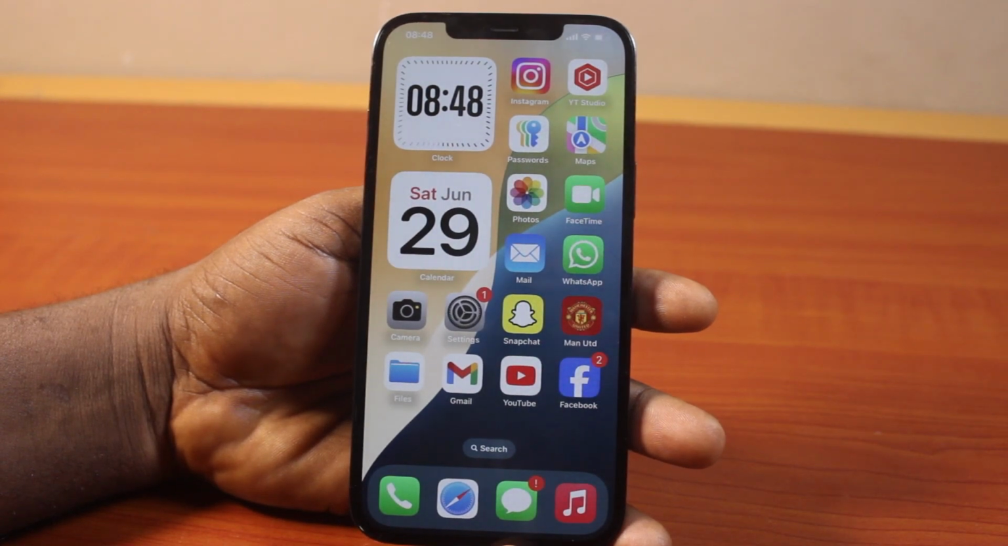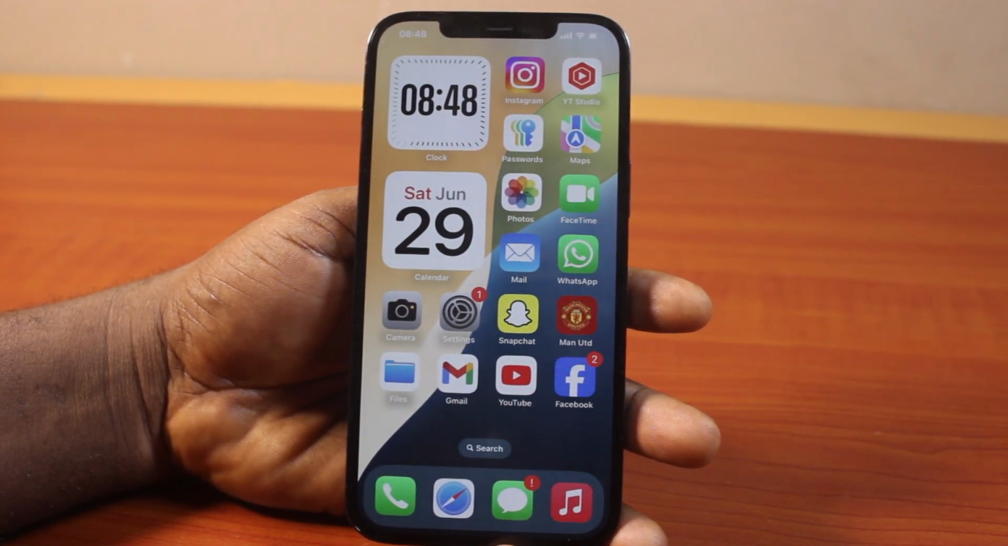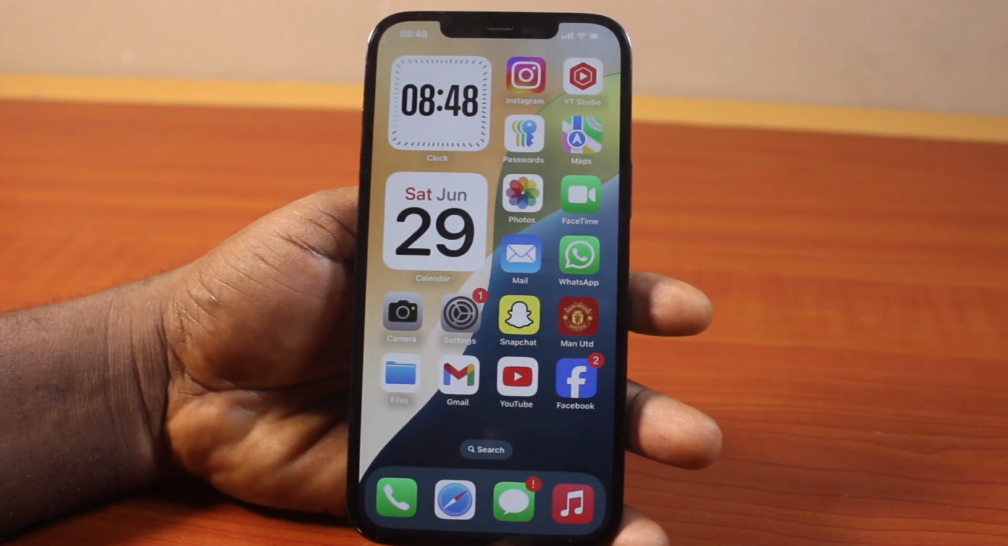In this video, I'll detail how to disable or turn off Ask to Join Network on iPhone 12 Pro Max. So if you're using iPhone 12 Pro Max and each time your iPhone keeps asking you to join any available network, you can easily turn this off so that you can make sure your iPhone is safe and secure from